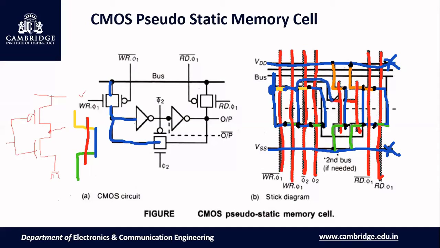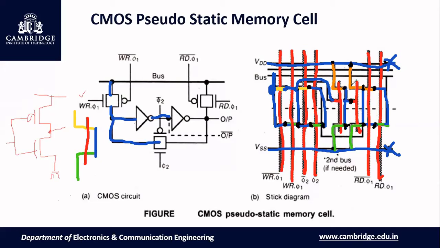Done. Right. The output of the first inverter should be connected to the input of the second inverter. There's nothing but output, no. The output should be connected to input. This connection. Done. The output of the first inverter should be connected to the input of the second inverter. This is the first inverter, right? This is the second inverter.